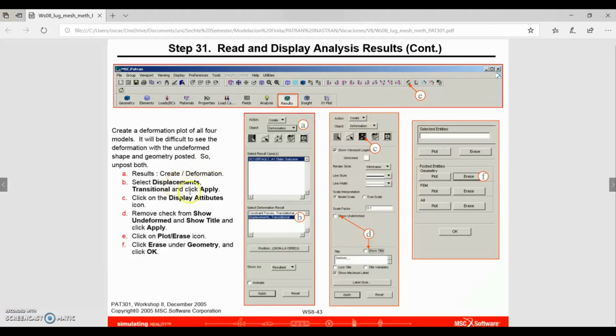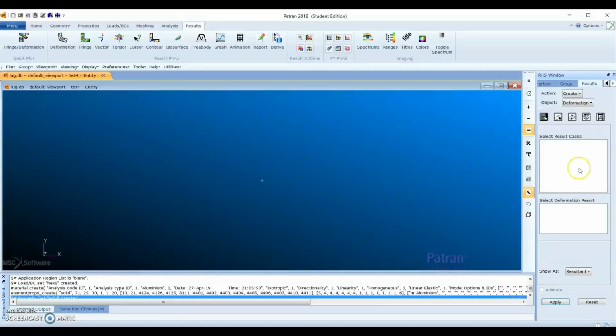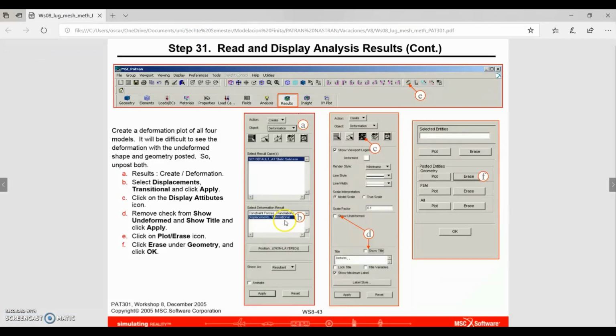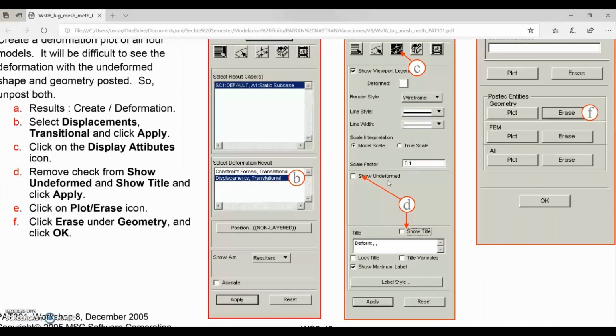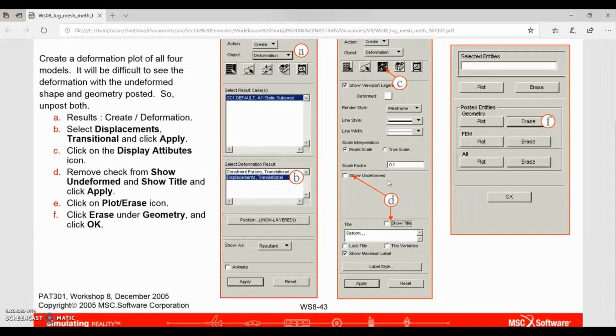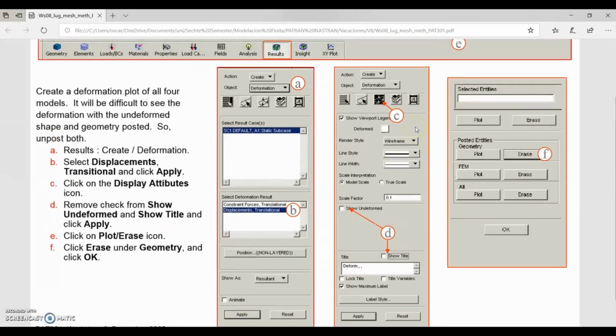We're going to select displacement translationals and click apply. Since I didn't have the piece and I didn't do any analysis, I don't have any option right here, but in select deformation result, you should choose displacement translationals, and then you're going to click apply. Then you're going to click on